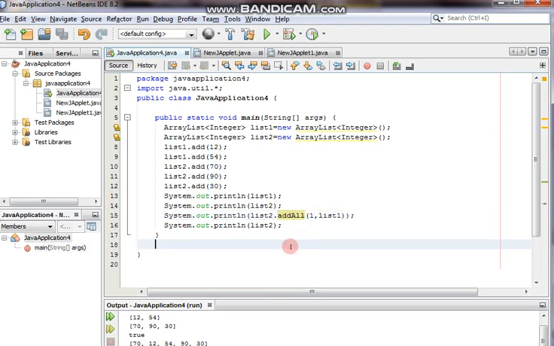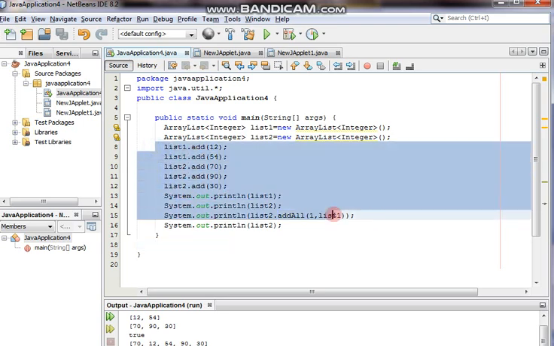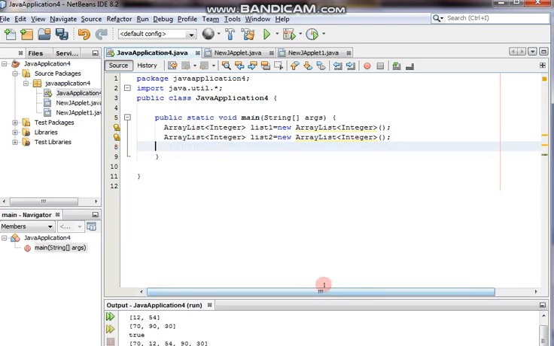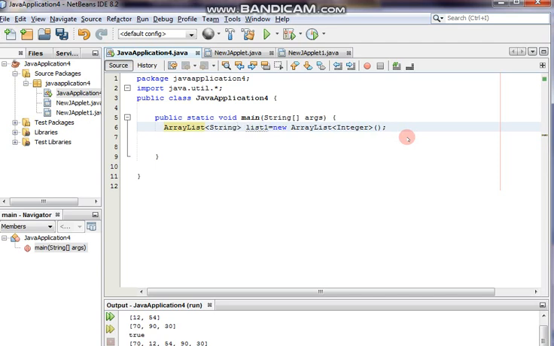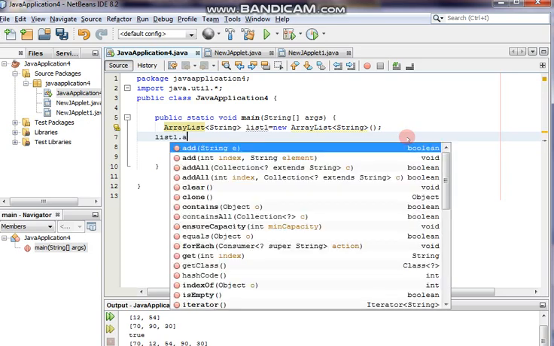Now the same thing I can do with other data types as well. For example, you may have confusion, sir, how can we enter data for string? So simply you have to write String here, and what you need to do is list1.add.